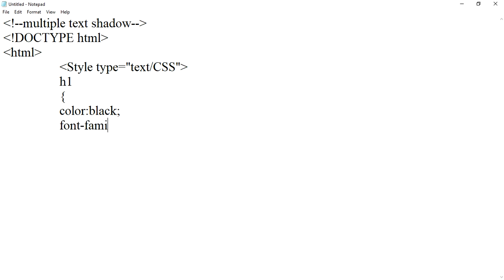doctype, HTML tag, style type equals to text slash CSS, h1 tag, font family, Arial,